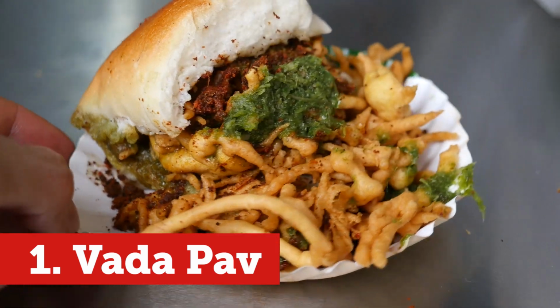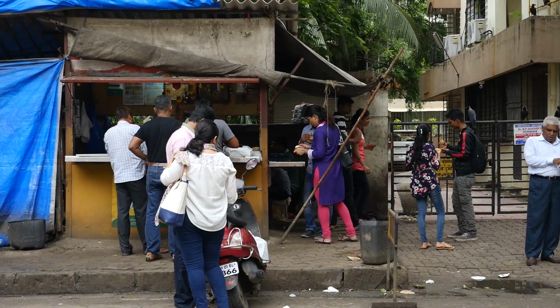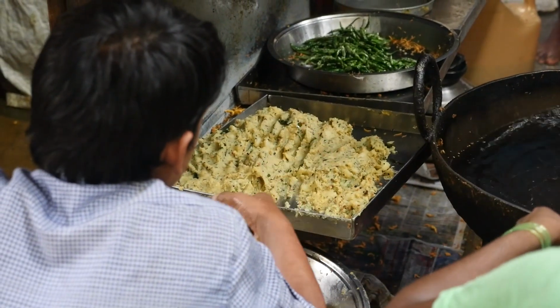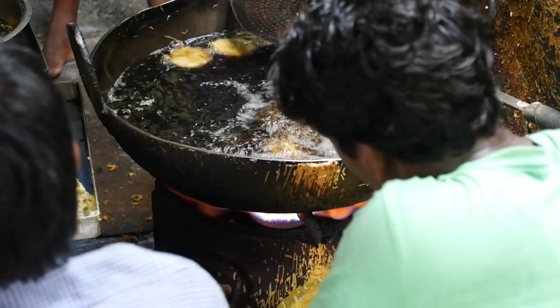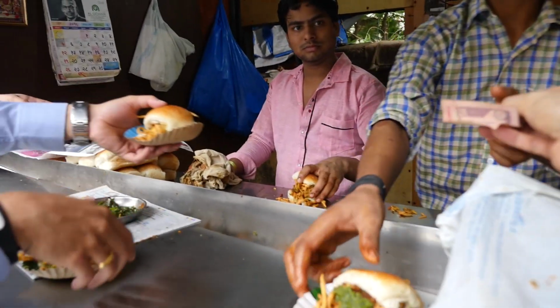Starting off at number 1 is Vada Pav, which you'll also commonly hear as Vada Pav. It's one of the ultimate Indian street foods in Mumbai that you'll find across the entire city. It begins with a spiced mashed potato mixture, which is lightly battered and deep fried to a crisp. The potato patty gets packed into a fluffy white bun and then gets doused in a variety of extremely flavorful